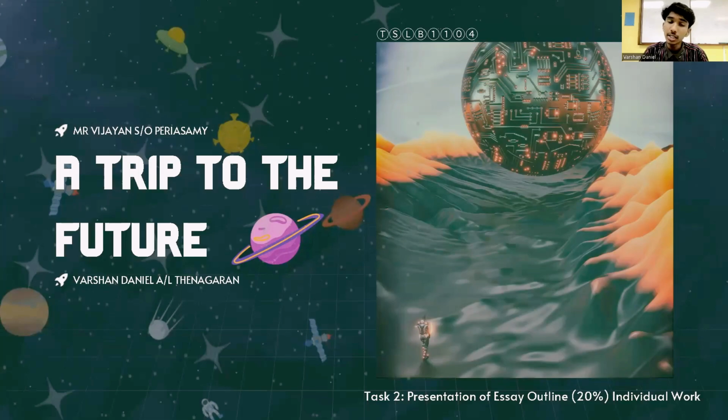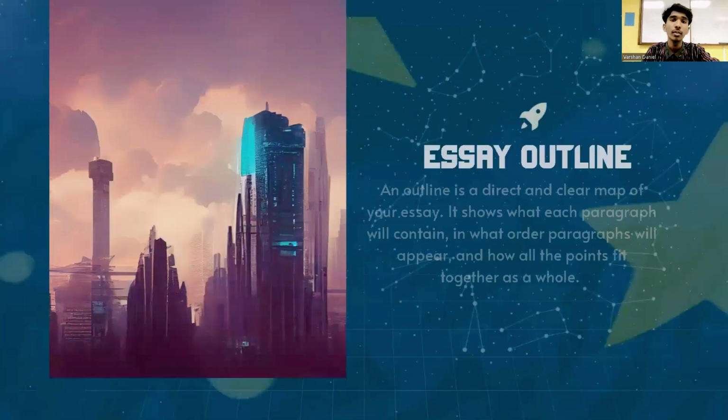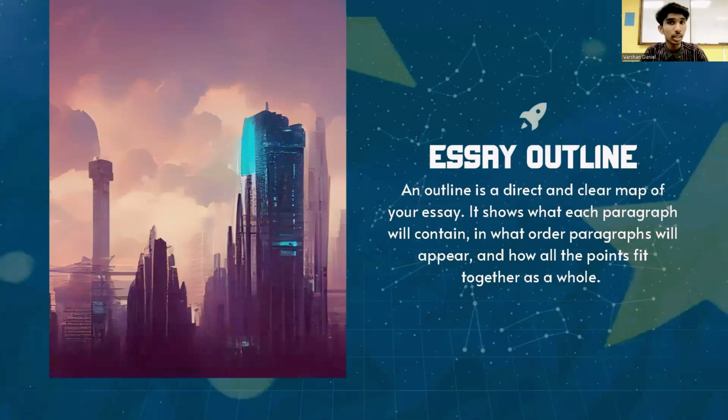So, ladies and gentlemen, before I go into details on the content of my essay, let me enlighten you with what is an essay outline as well as the background of my essay. Ladies and gentlemen, essay outline. So, essay outline is defined as a direct and clear map of an essay. It shows what each paragraph will contain, in what order paragraphs will appear, and how all the points fit together